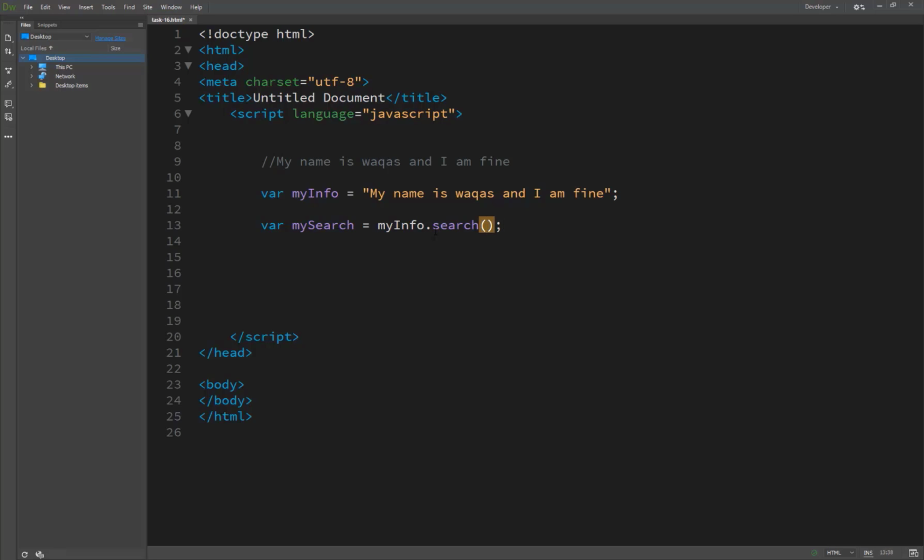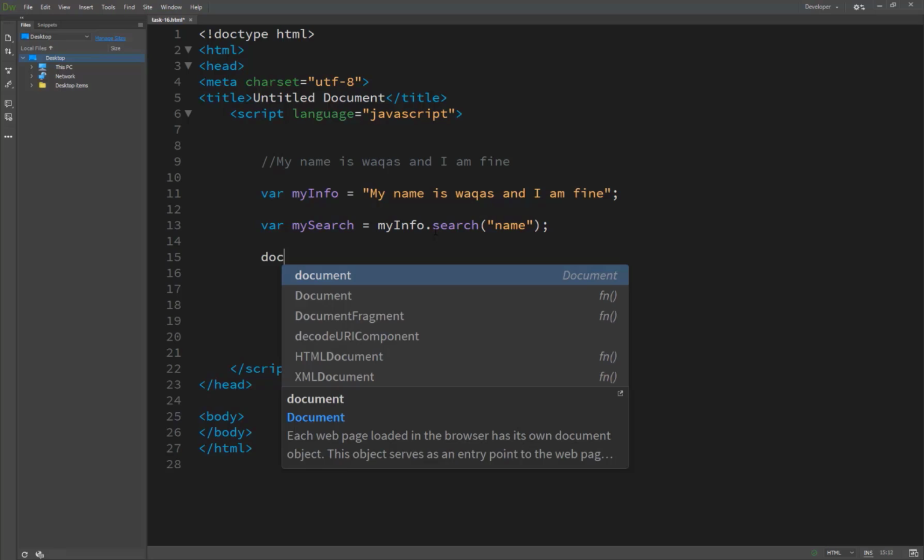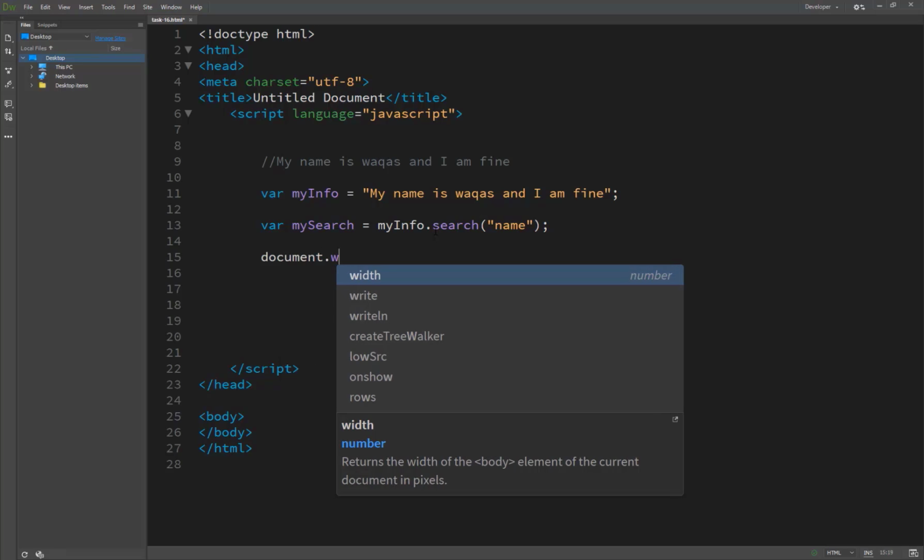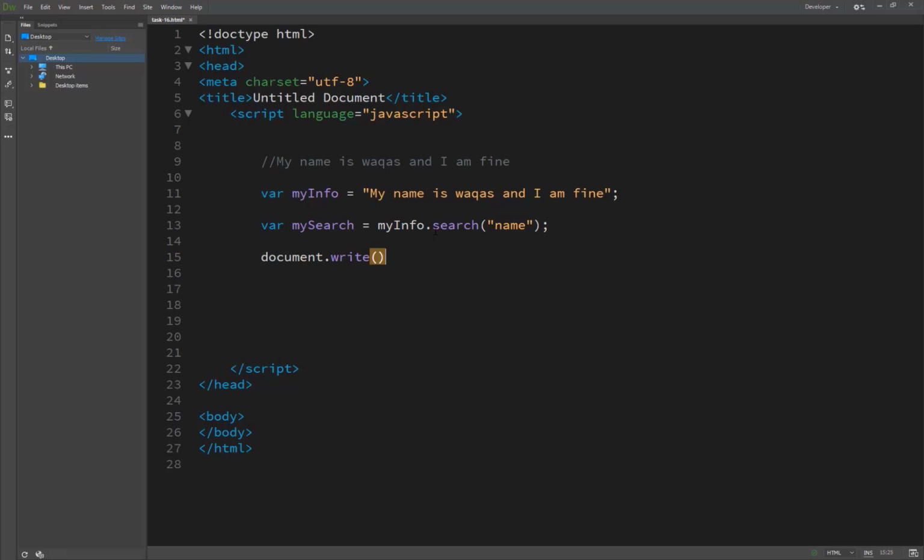Inside the search we type our string, let's suppose I pass name, and now I print the result on the screen. So I write document.write and pass my search.